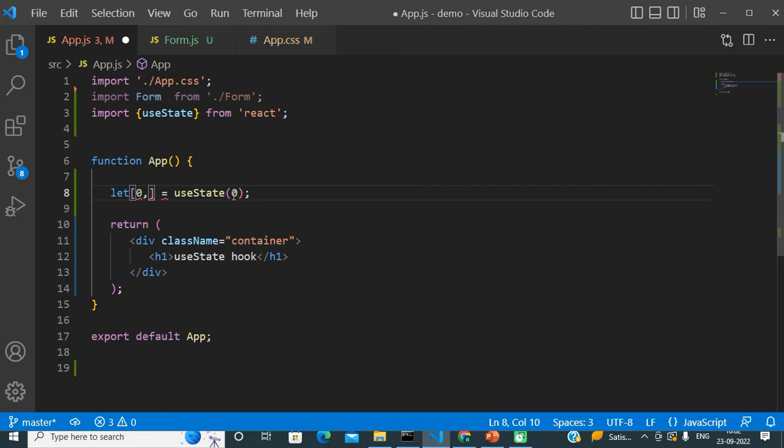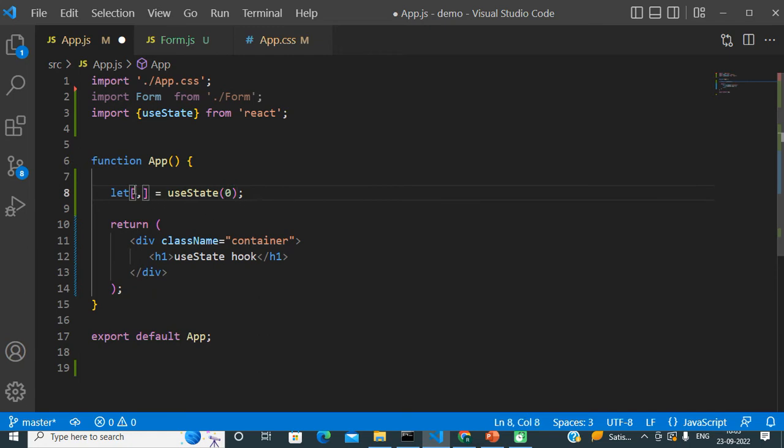If I pass 10, it returns 10. If I pass a string like ABC, it returns the string ABC. So whatever value we pass to it, the hook returns the same value to us.